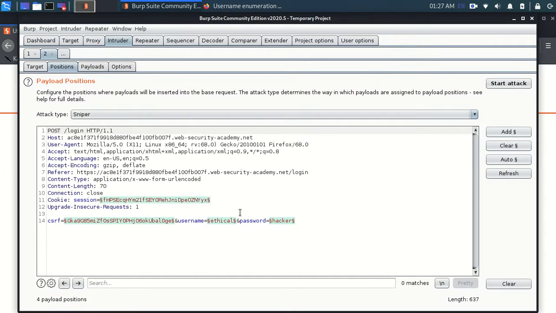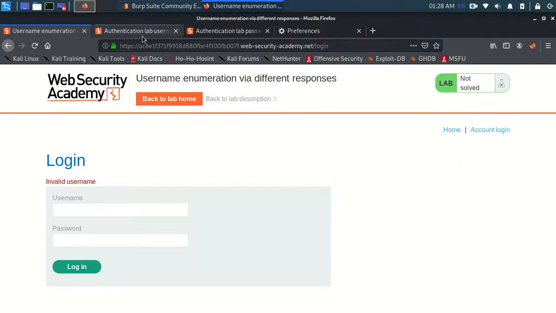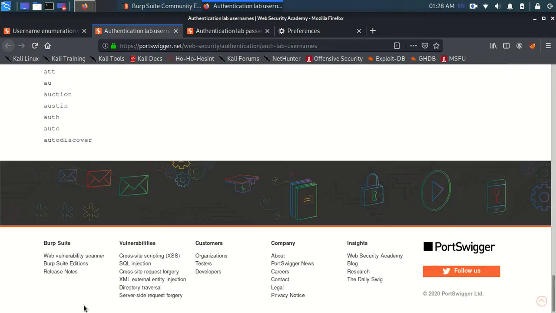Firstly, when you get this option, you need to click on clear. Then after clear, you need to select the parameter to which you wish to add the payload for the brute forcing attack. So I am choosing the username, then I'm going to choose this button, insert a new payload marker, and then ensure this is on sniper, and then go to payloads. These are the usernames which I want to try. So let me copy this real quick, and I'll go here and paste it over here.